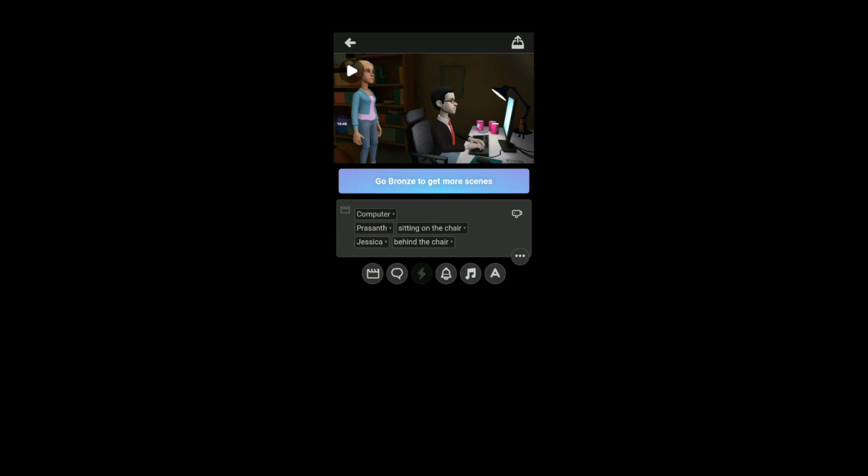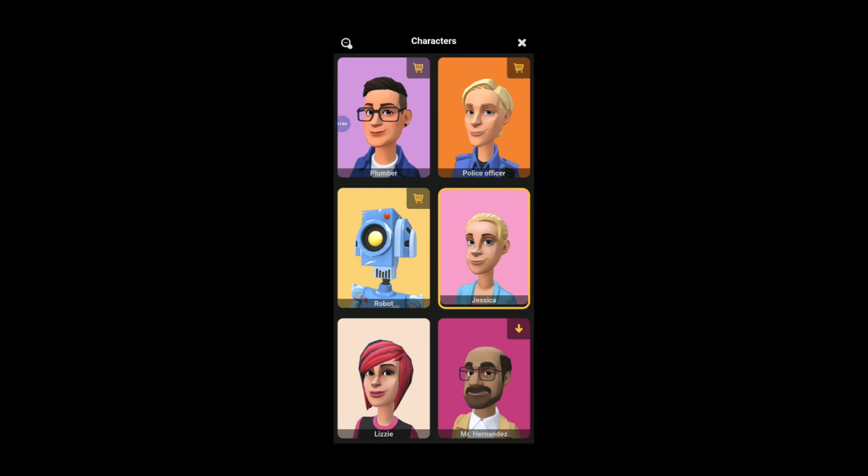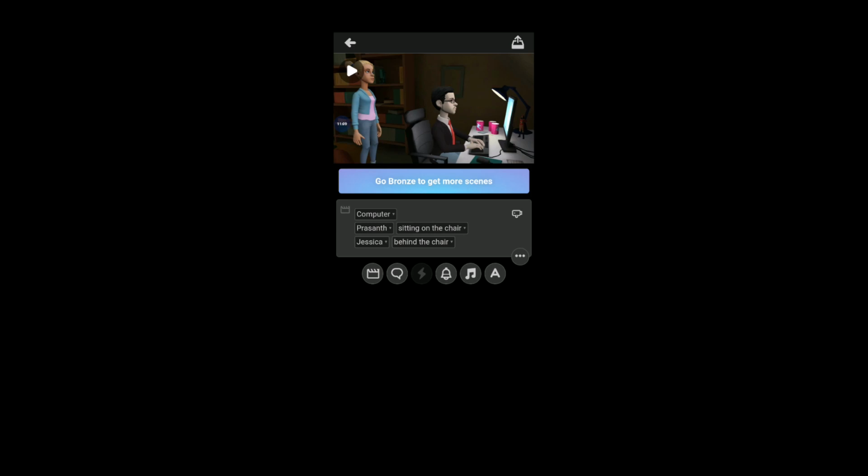Okay, so I am going to give audio for this character. How to give the audio? You can see in the bottom of the window on scene, the first rounded figure icon is for adding more scenes in the video, and the next chat icon is for giving audio for a single character. So first of all I have to select the character. Here I am selecting Prashant. Okay, I already selected. So press the chat box.